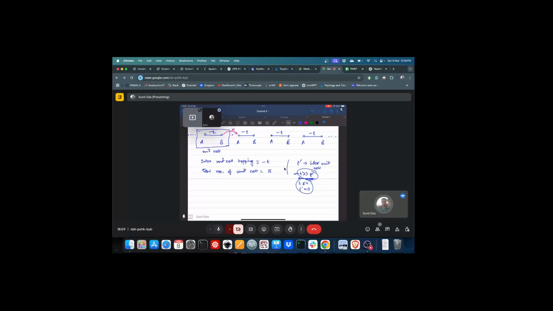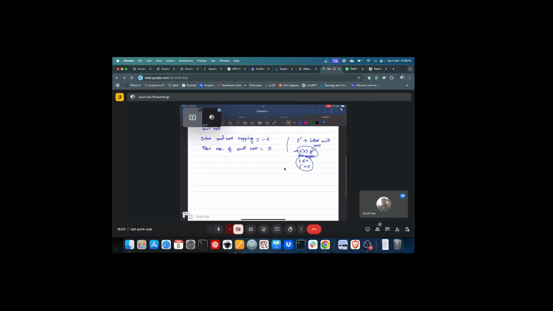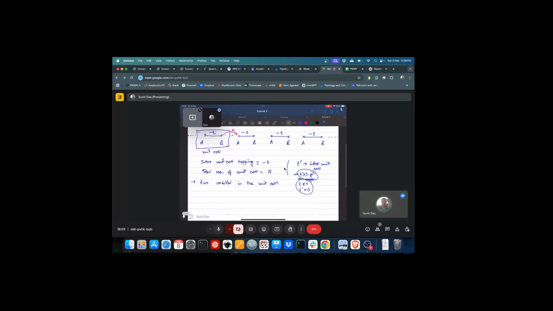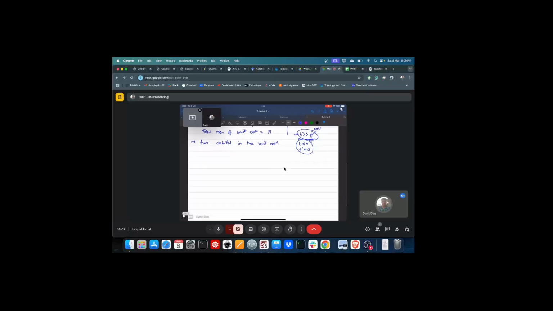There are two orbitals in the unit cell, one corresponding to A and one corresponding to B. If there are two orbitals in the unit cell and the hopping parameter is just minus T, then what will be its eigen energy values? It will simply be plus minus T. Now just to see how this happens,